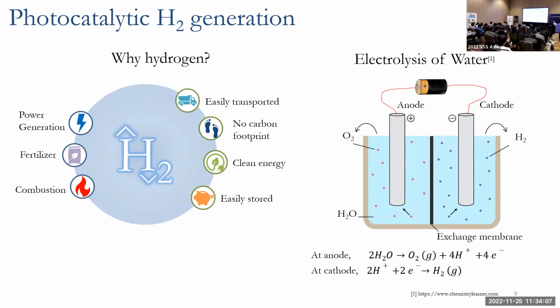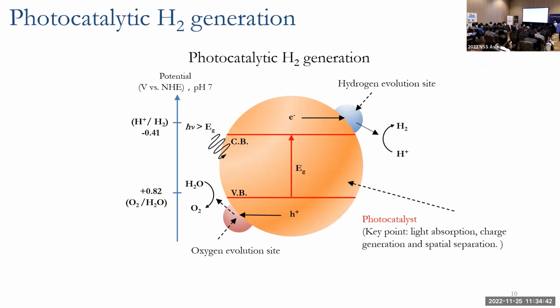Hydrogen is considered clean and green energy, which leaves no carbon footprint, and it is also easily stored and transported. As a refresher, to obtain hydrogen, we can use the water electrolysis method. But here, I want to bring your attention to another method, which is the